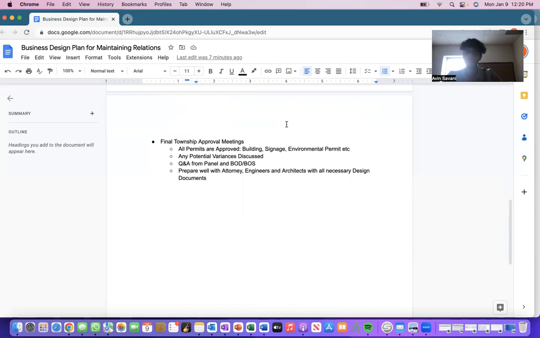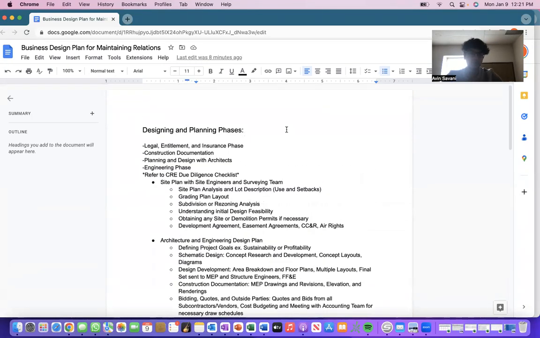So just be prepared as well. You're going to get a lot of questions from the panel, the board of directors and board of supervisors, so make sure you're well prepared and know the ins and outs of your project. Have your attorney on site, and your engineer or architect at the meeting as well, coordinating any design documents that the township needs. That is all well situated, and they're well informed about what type of project you're bringing to the community.